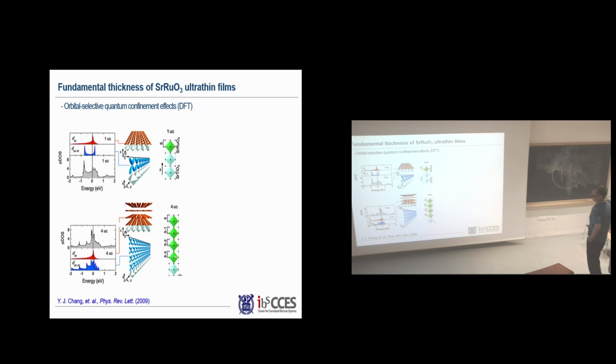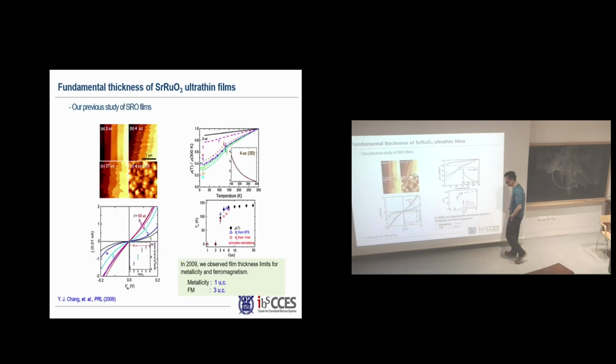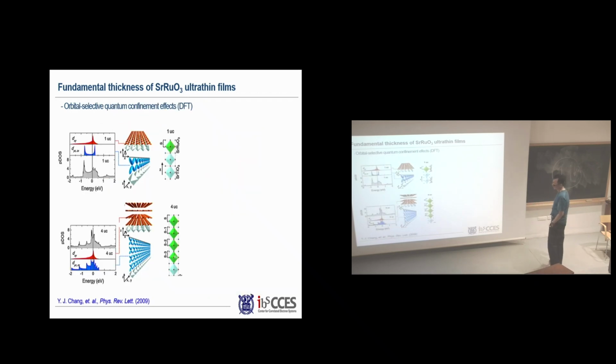The next question is why the ferromagnetism disappears at 3 unit cells. Why does it not keep persisting down to 1 unit cell? In order to understand that, we collaborated with the theory people. Usually for an experimentalist, it's good to have a very good theoretician group nearby. So at SNU, the Jeju News group did the theory calculation of the DFT.